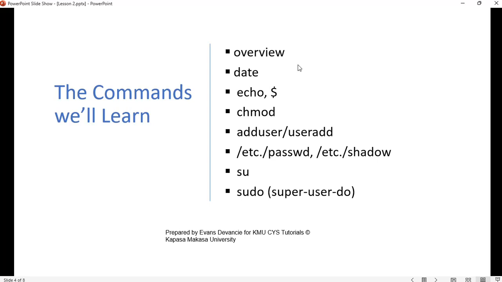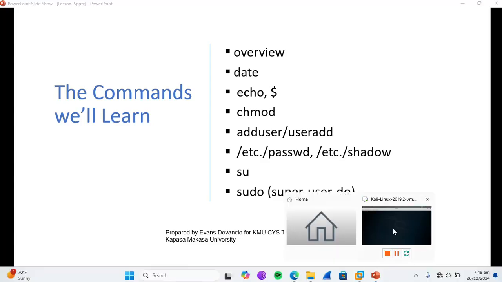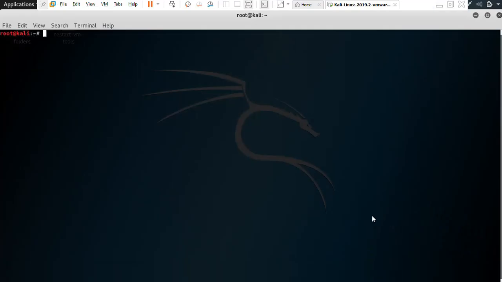Okay, so now we're going to cover users and privileges. So let me bring up my terminal. Okay, so in the last video, we touched a little bit on privileges with our ls -la, and we touched a little bit on the users by changing the password of our root account. So now we'll cover a few more commands regarding those. So if we look again at ls -la,